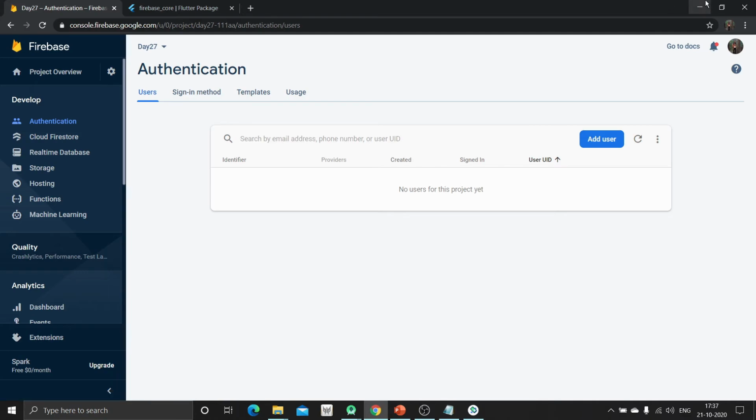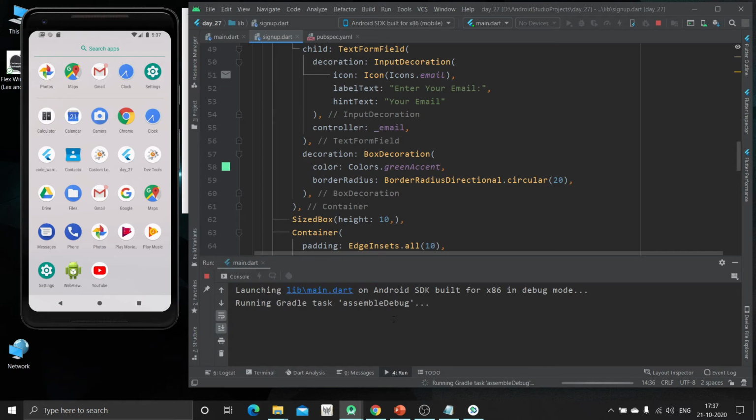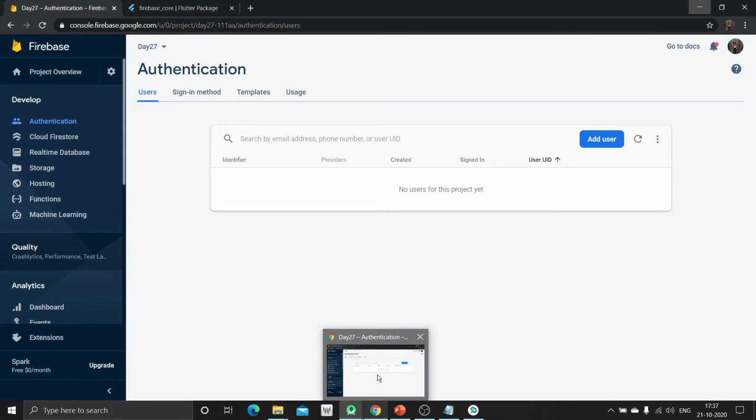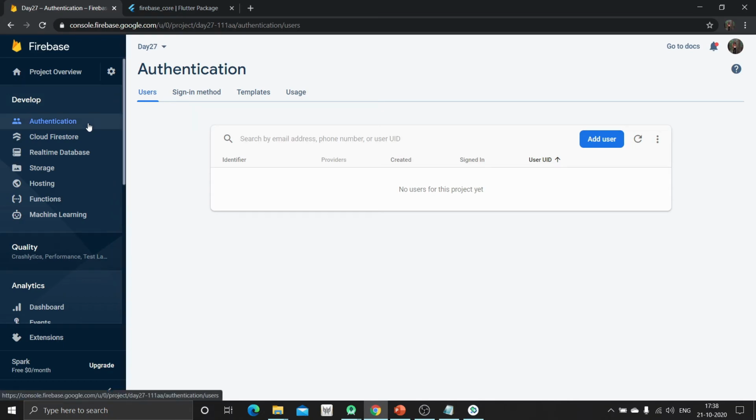After any user has been registered to our app, their details will be visible in this authentication tab.